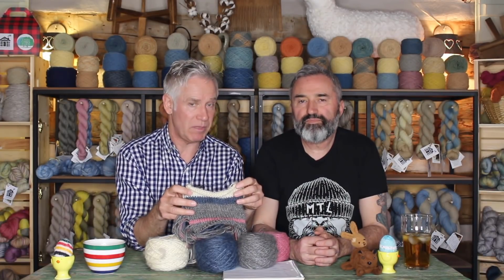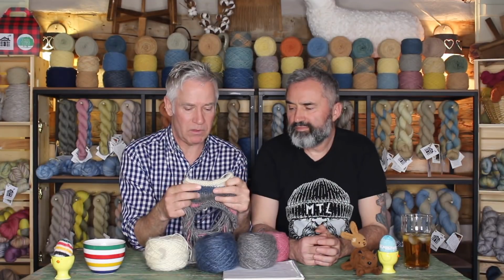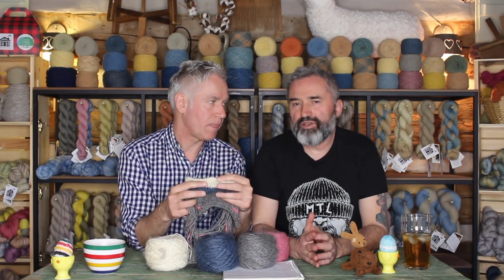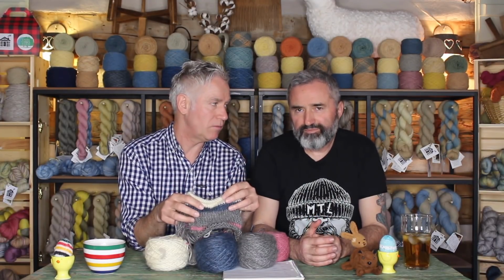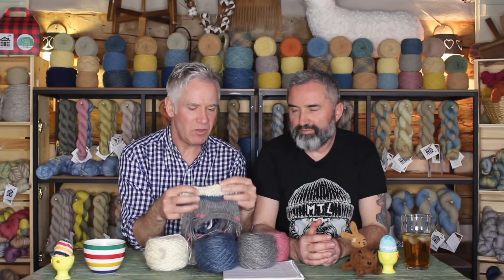So, the only thing is, I'm not sure about the needle gauge because we did some measurements, and this is a little bit loose, I think. So what do I need to do? Go up or down? Down. So you go down needle size, so it'll be tighter, a little more tight. But we didn't do the measurement to see if it was actually...